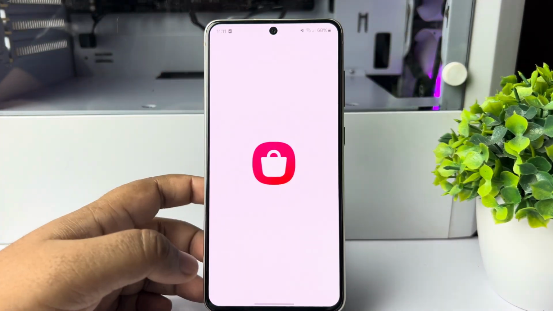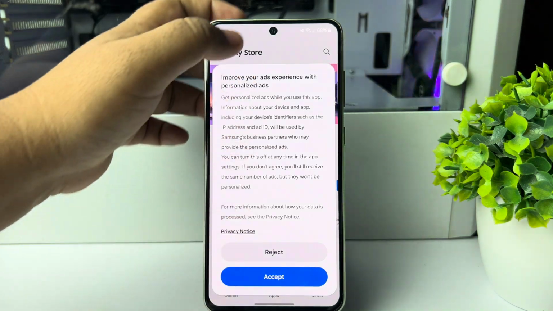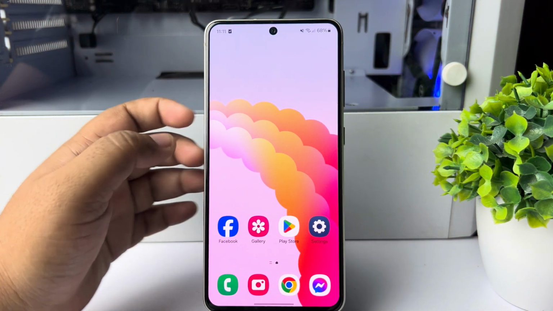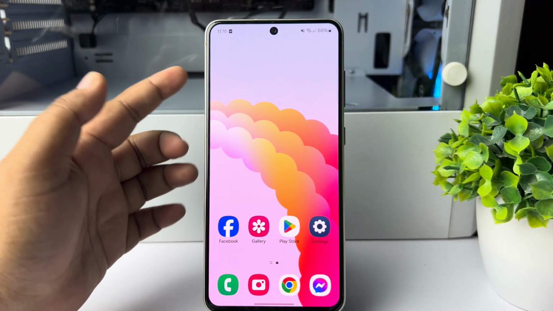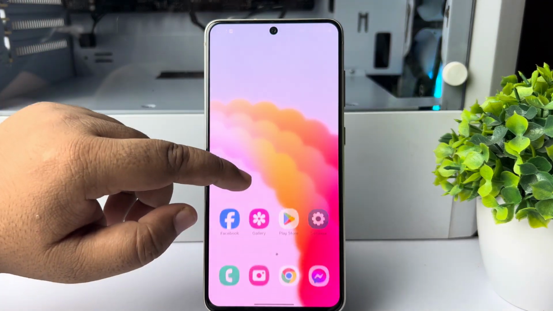And here's how to easily change your Samsung Galaxy Store region or country. Follow these tips very carefully. So the first step is you have to eject your SIM card. Make sure to remove your SIM card from your device, and after removing your SIM card, now you have